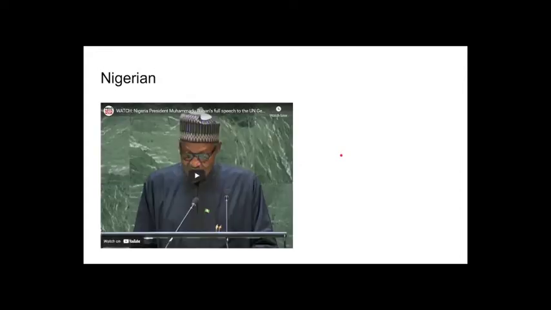All right. Now, this is the President of Nigeria. He's giving a speech at the United Nations. And Nigeria and some of these other countries, we're moving away from what we call the inner circle of English for these. So when we say inner circle of English, that's a phrase referring to Canada, the United Kingdom, the United States, Australia, New Zealand, and South Africa. Those are, for lack of a better term, the white